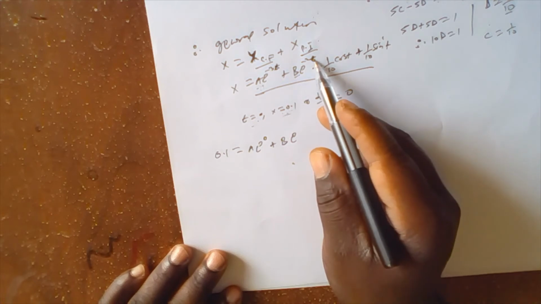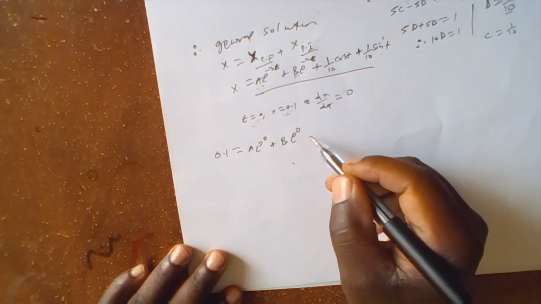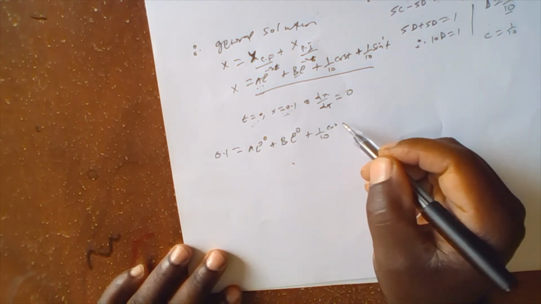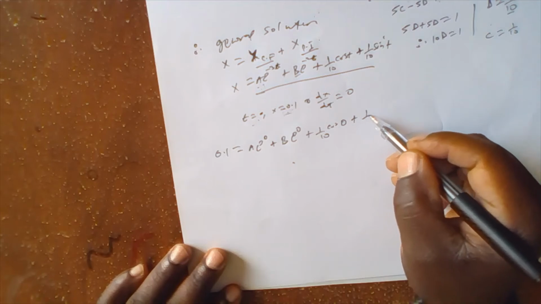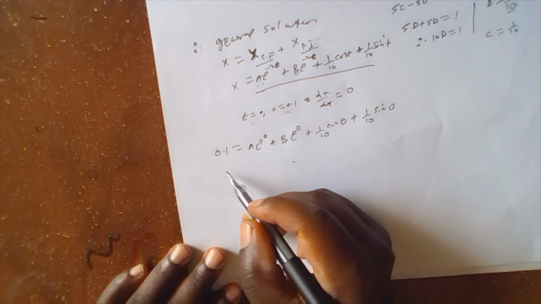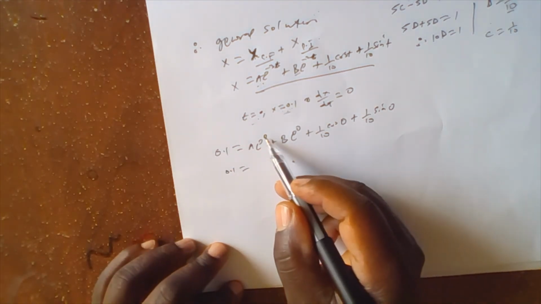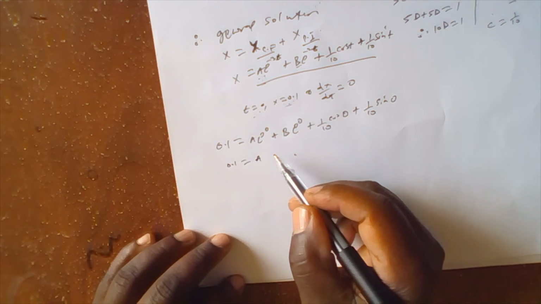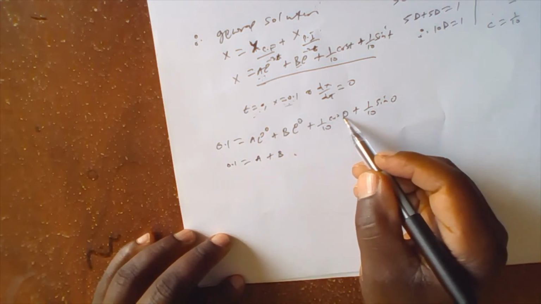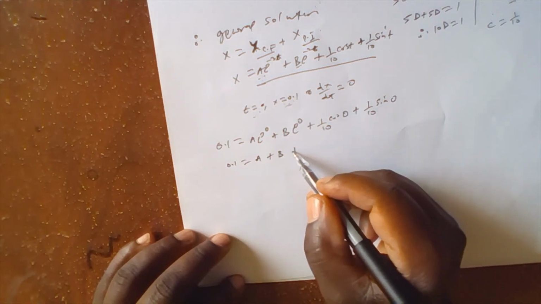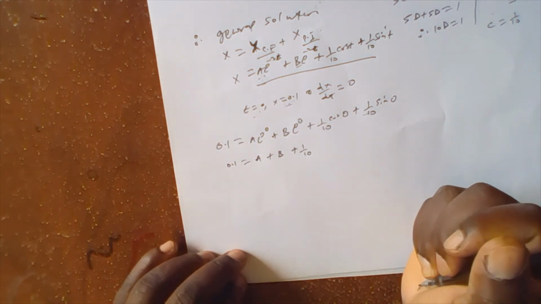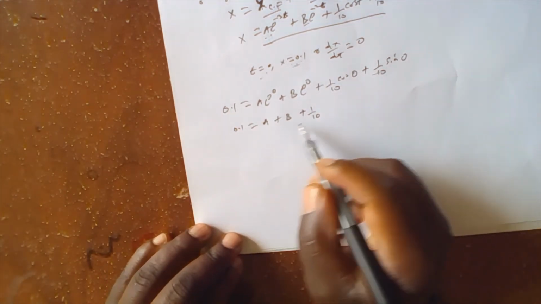exponent. t is 0, so 0 times negative 2 will be 0. Then plus 1 all over 10 cos 0 plus 1 all over 10 sine 0. Now 0.1 equals, so exponent 0 is 1, so here we remain with A, plus exponent 0 is 1 plus B, cos 0 is 1, so here we remain with plus 1 all over 10, sine 0 is 0, so this is 0. So from here we can say that